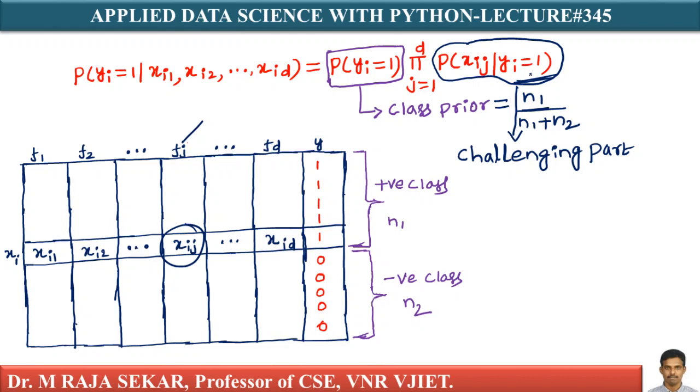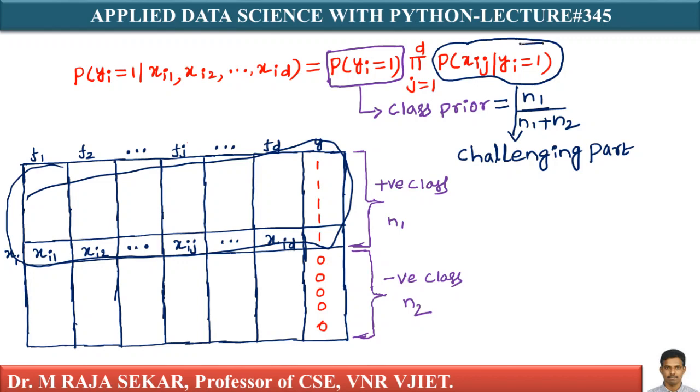Remember, we studied basic probability. I already discussed CDF and PDF. CDF is the cumulative distribution function and PDF is the probability density function. We discussed CDF and PDF concepts. What are we looking at? We are looking at the probability of xij given y equal to 1. So I can think of it as: take all of my positive label data. What is the condition?